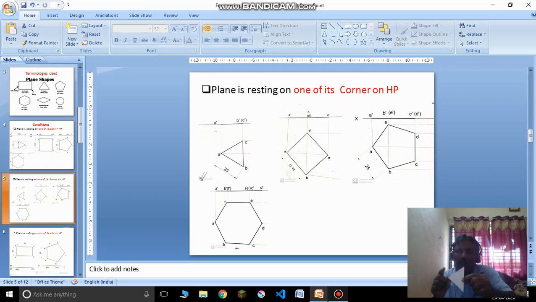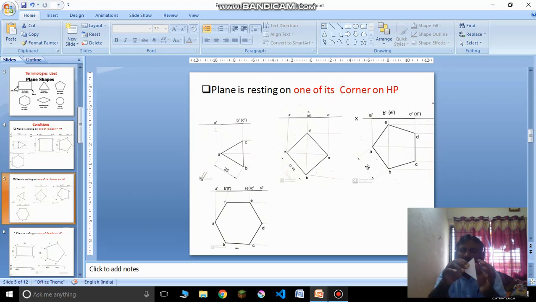I want to rest on one of its corners. I may choose any one of the corners. Suppose I choose this corner A. Since it is resting on one of its corners on HP, I have to keep the object in the beginning parallel to HP, on HP, as you have done in the previous case. The only change is that the corner you want to rest on should be on the left side, and the line joining the corner and the center